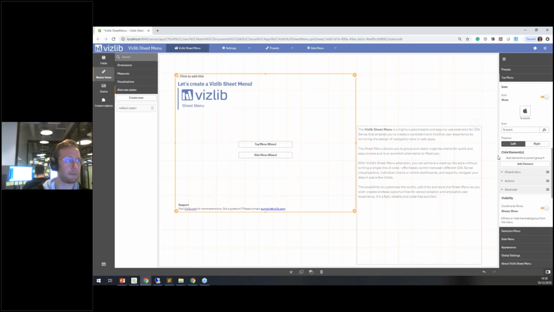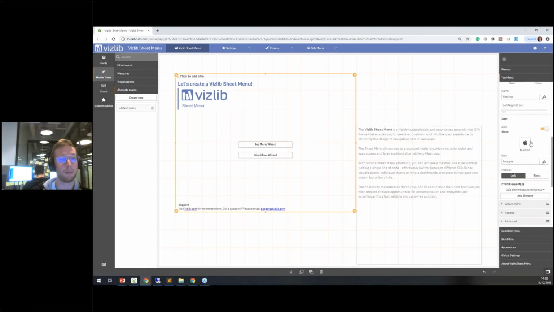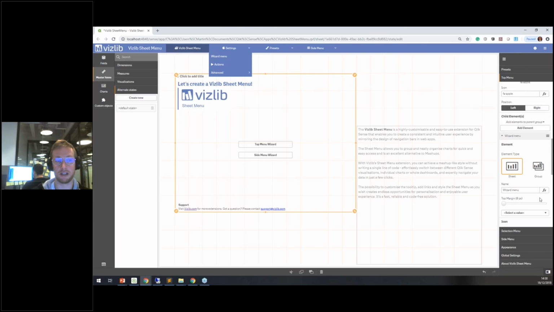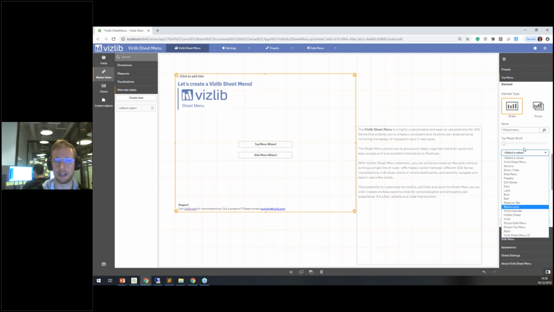Perhaps I want to show an apple, up to you, but it will drop down a menu of child elements, right? And the child elements here, again, could be another group. So if you click on settings on the menu, you can nest groups effectively for a better navigation, or it can be a sheet effectively, at which point that's it. If you click on it, it then navigates to a sheet of your choice that is available in your app. So it's actually looking at the available sheets that you have there and navigates them there,